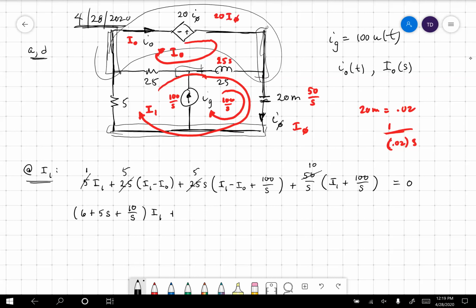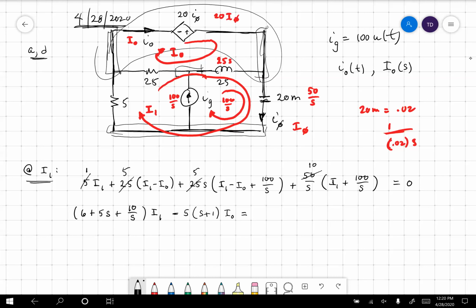I think it's all going to be negative here. So let's take a look. I have negative 5 minus 5S, just those two. So minus 5 times S plus 1 times I0 equals, now the 100 over S term, I'm going to bring